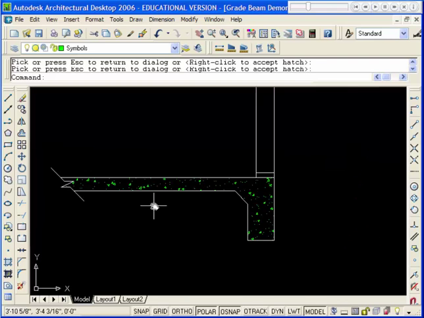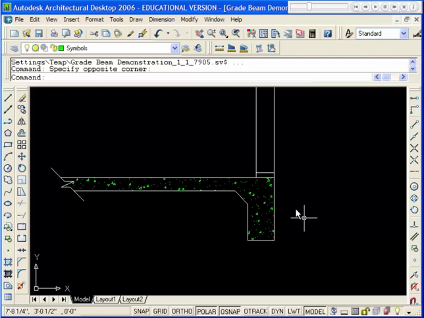I'll zoom out. The next thing I'll want to do is place the backfill symbol. Now the backfill symbol is going to be over on the right side of the screen, but there's no boundaries there. So I'm going to have to draw my own boundaries. Notice that the earth or grade line is exactly 1 foot from the bottom of the grade beam. So I'm going to draw a line,